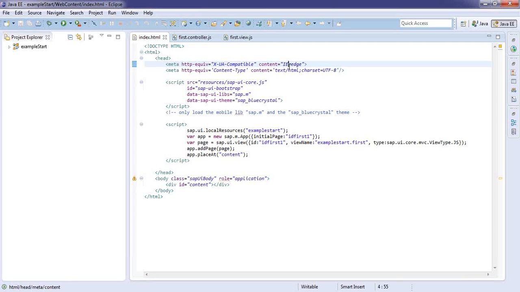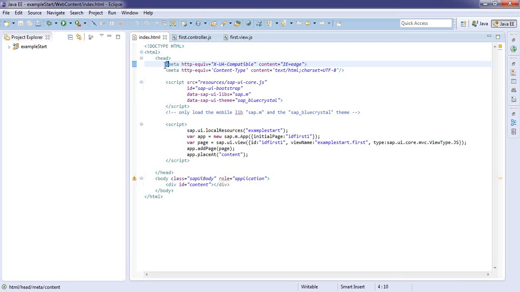Okay. Now coming to your IE8. If you just go down to the IE9, that is IE8. My IE8 will not support the functionalities of HTML5 or SAP UI5 to the level that IE9 or IE10 browsers do. To tell my IE8, that is my Internet Explorer 8 browser or any other browser which is not compatible, to try their best from the browser side to support as much as possible, to make them compatible as much as possible, to support as many functionalities of HTML5 as possible,